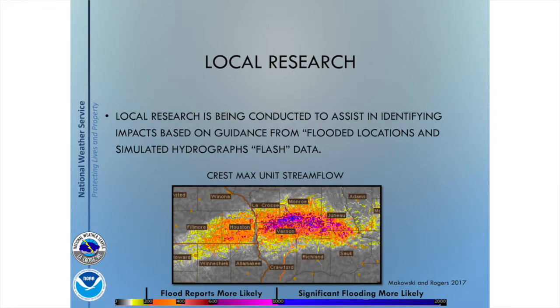See the different colors here again. There are specific thresholds that we're starting to look more closely at, so we can start anticipating flooding and what level of flooding. What we have found is when we start seeing these yellow and orange colors in our data, flooding is starting to happen. We're starting to hear some impacts, we're hearing flooding reports. But this can guide us, along with radar estimated precipitation and reports. This isn't a one-stop shop. You have to use this with other data. You've probably heard this before: it's another tool for your toolbox. You can't just use one data set alone.